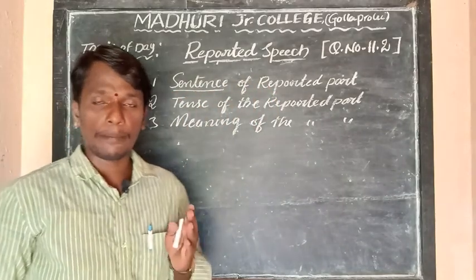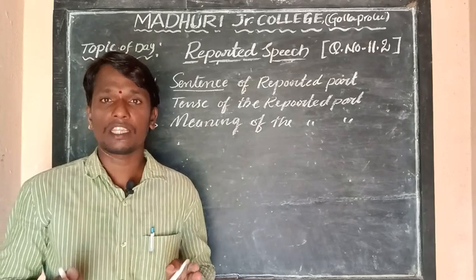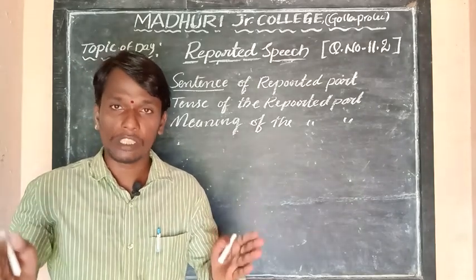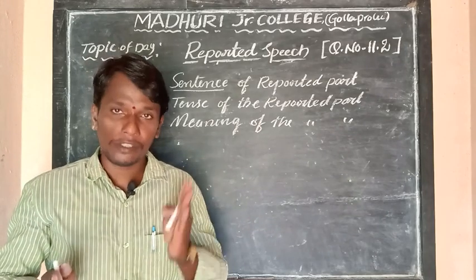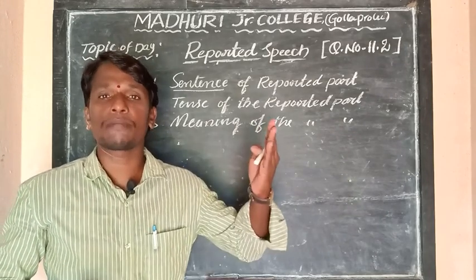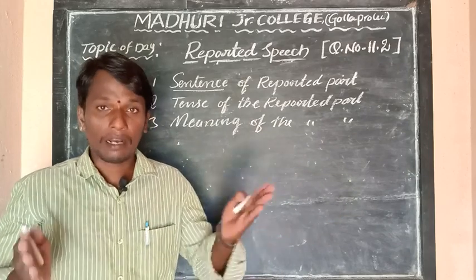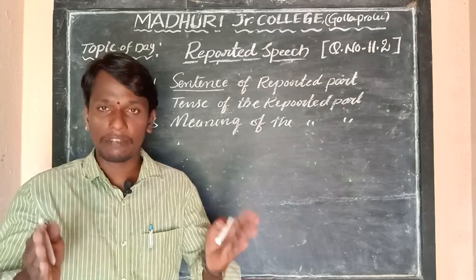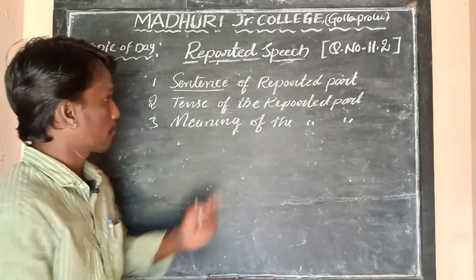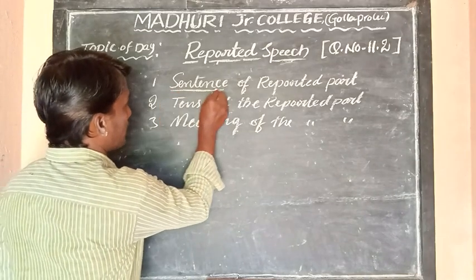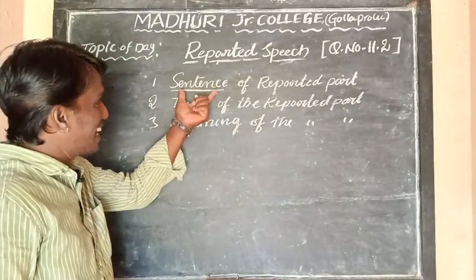part. Already we came to know what exactly reported part is. Reported part is nothing but a sentence which is enclosed within the inverted commas. And this reported part is also said to be the actual words of the speaker. Whatever words the speaker has spoken come within the inverted commas. So we need to identify, or we need to study, what exactly the sentence of